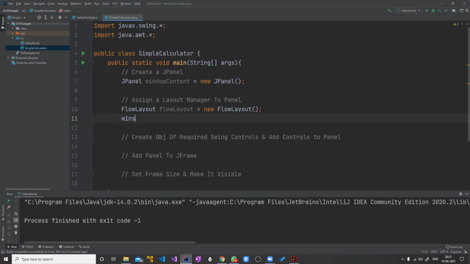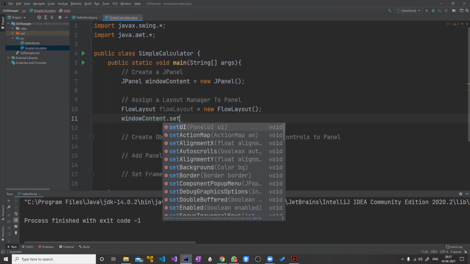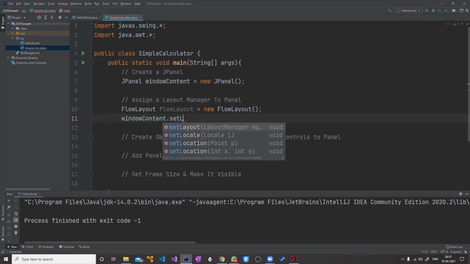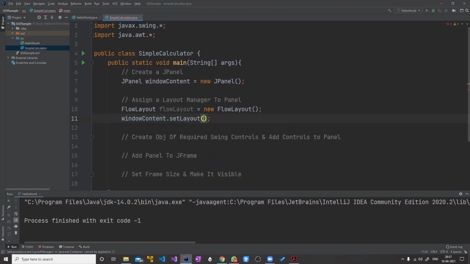Window content. So window content dot set. Now you see there are a lot of methods. We have to use layout. So set layout, and in that it expects us to enter a layout manager. What is our layout manager? This flow layout manager we added. So this is the second step. We created a layout manager and we added this layout manager to the JPanel.